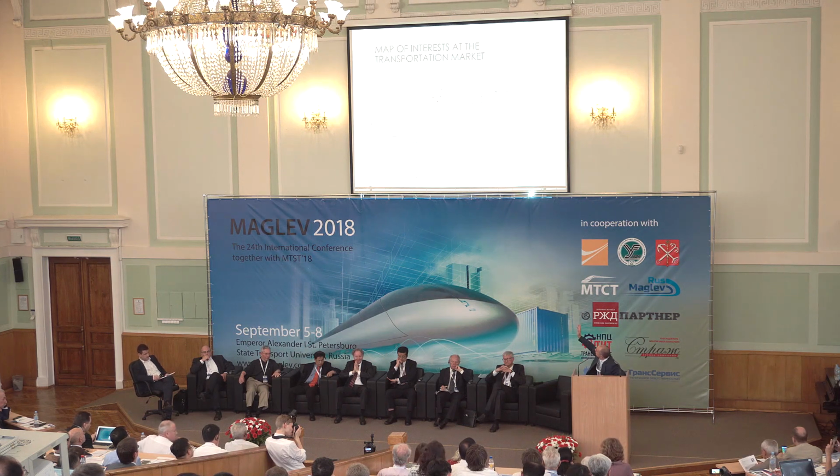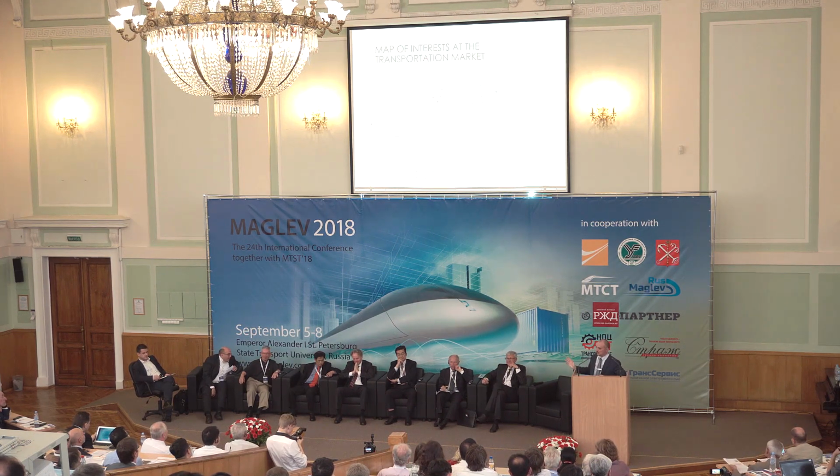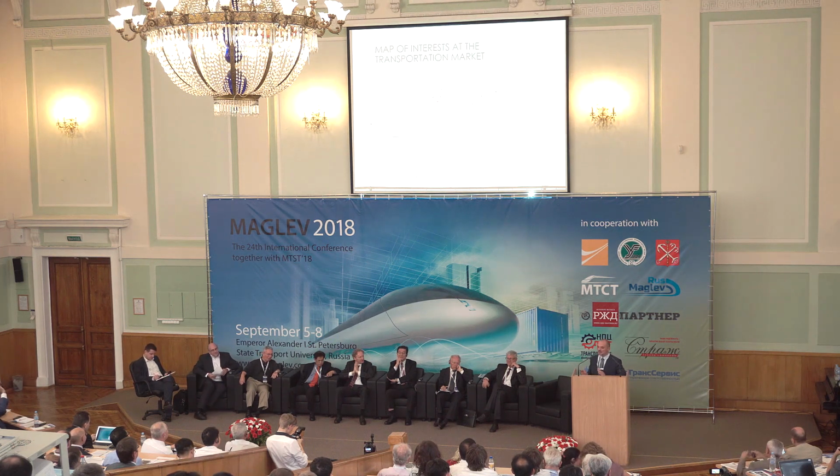This is a simple picture, a simple map of interests in the transportation market. It is drawn as simply as possible. I made it very, very simple. We can see from this picture the relations between market participants concerning the infrastructure, rolling stock, and resources and raw materials. What we see from this picture is that the interests of operation companies on one side, rolling stock operation companies and infrastructure operation companies, and the interests of maintenance companies, manufacturers and suppliers on the other side